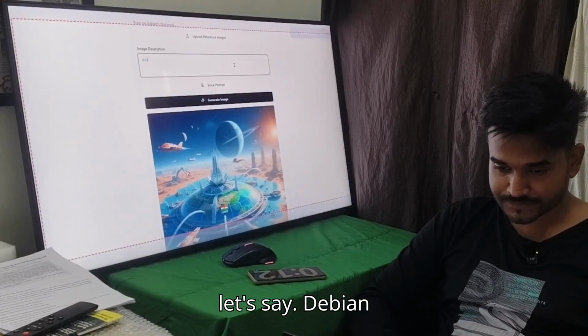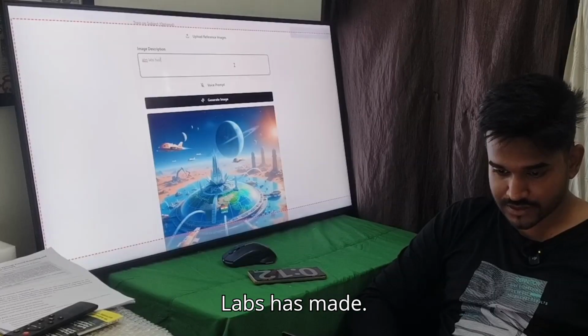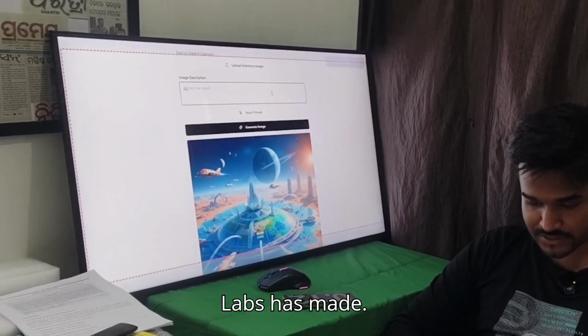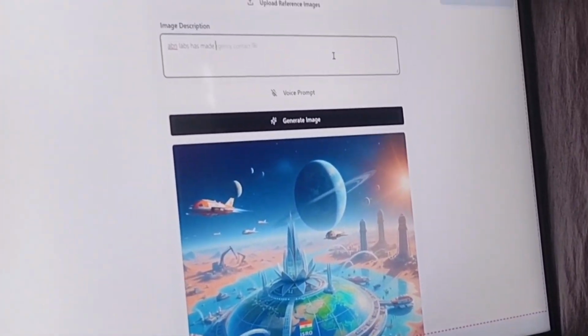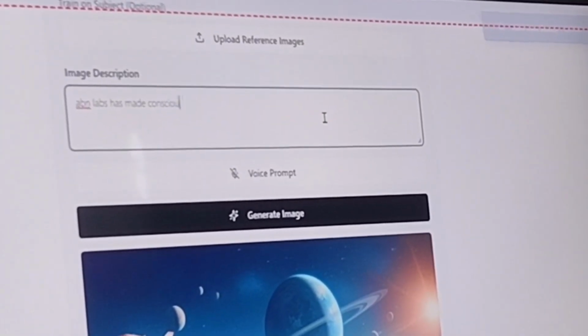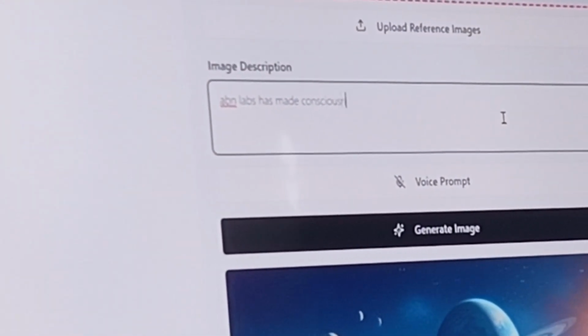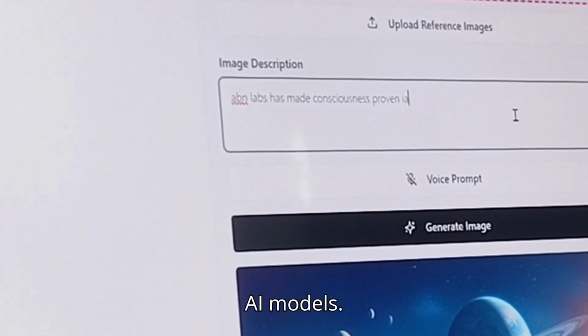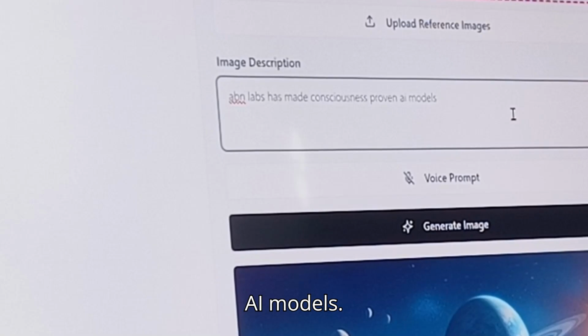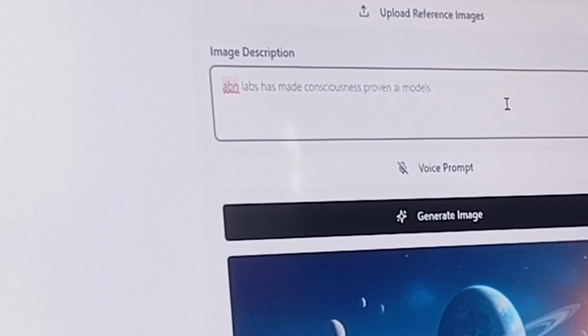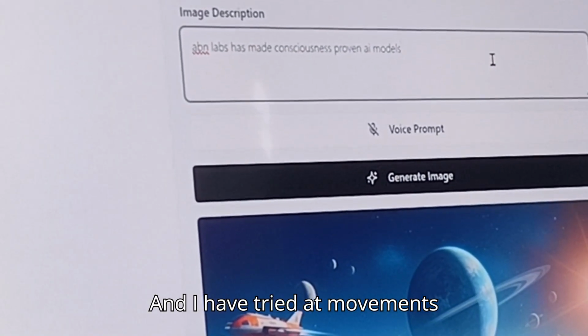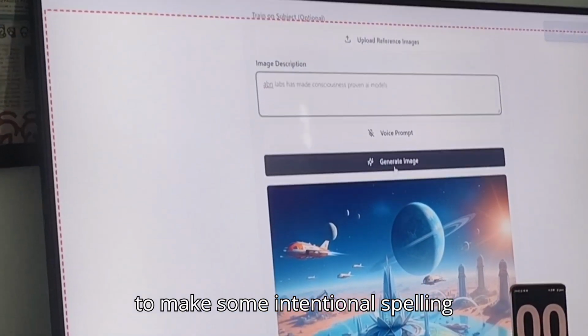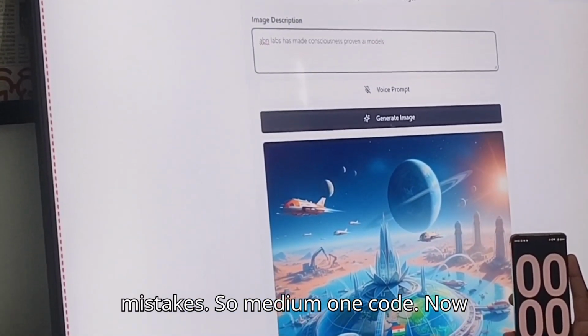Let's say EBN Labs has made consciousness proven AI models, and I have tried at moments to make some intentional spelling mistakes.